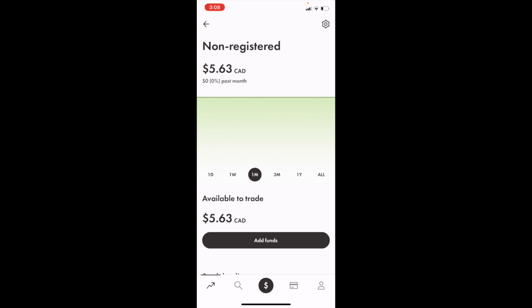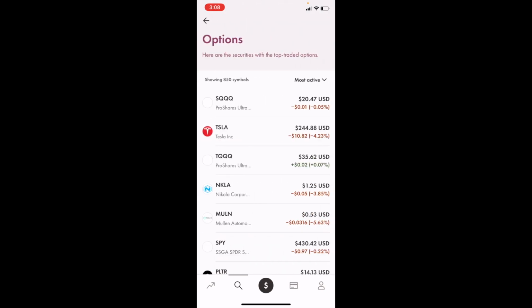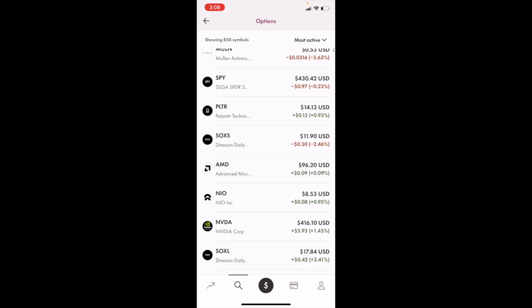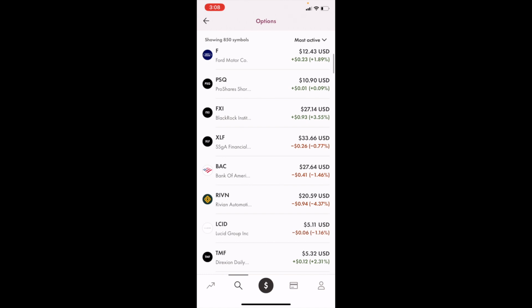So once you have Wealthsimple opened up on your device, go to the bottom left here and press on the magnifying glass. Now once you're here, if you're on the options tab, you can press on more at the bottom right, press on more. Simply just scroll down until you come across Bank of America, ticker symbol BAC. So for me, it's right here,